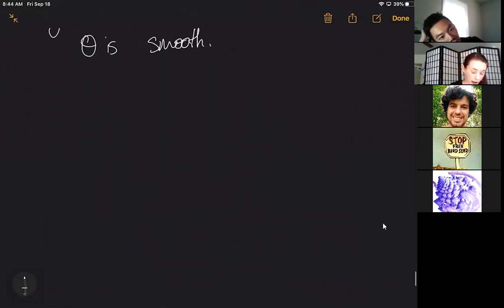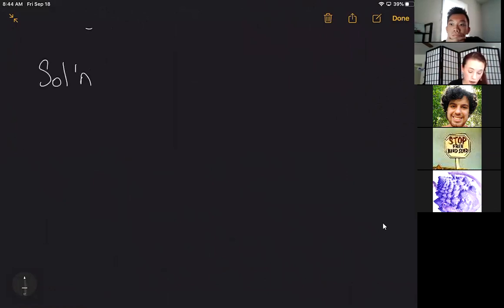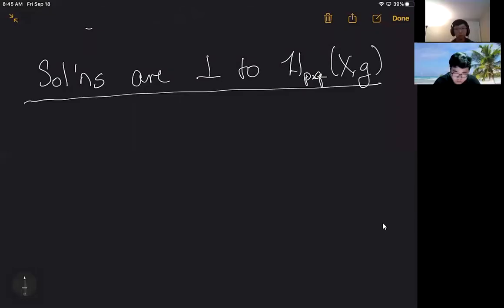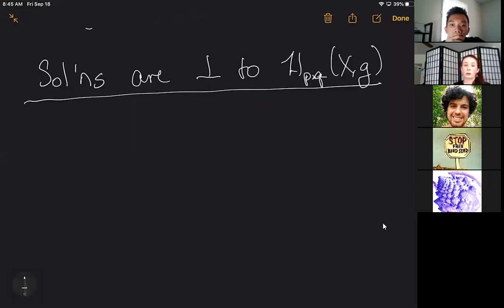Now we're going to show that the solutions are perpendicular to our harmonic space. So if you'll remember, this is the statement that a form, so we have this if and only if